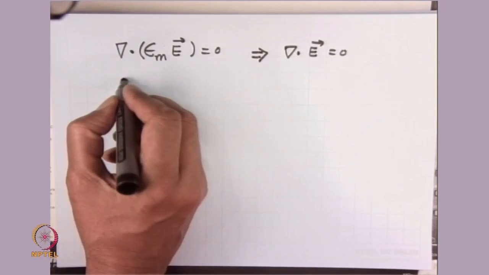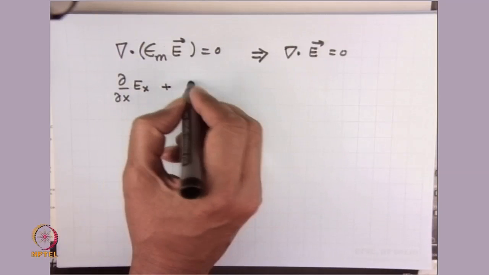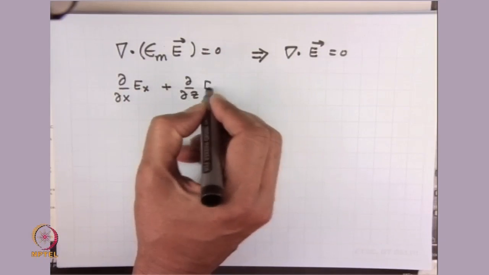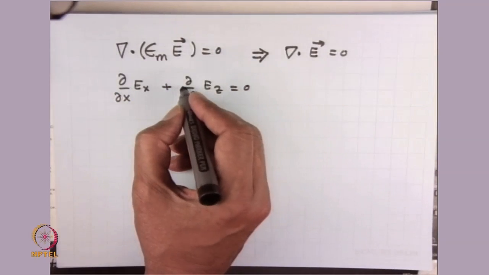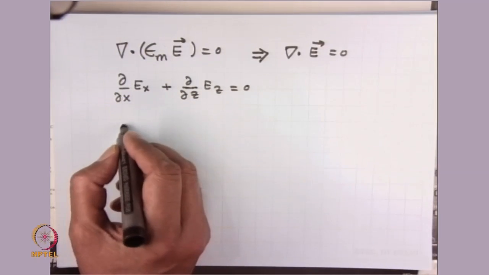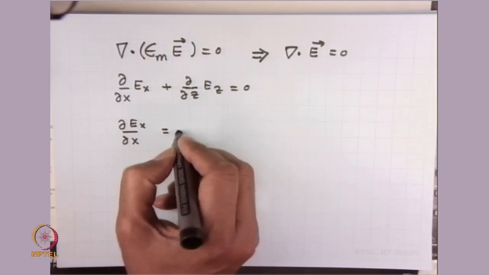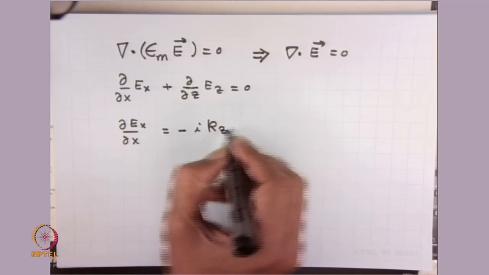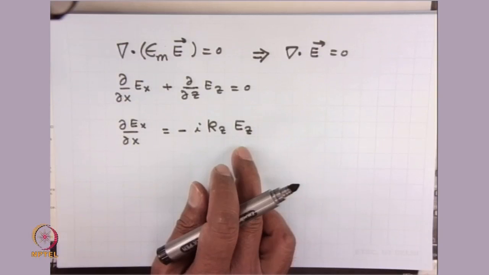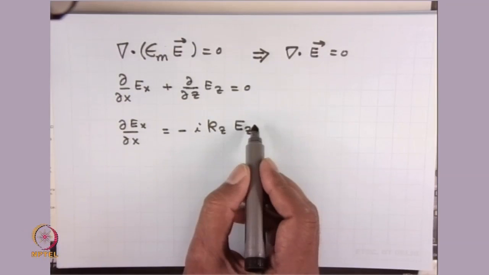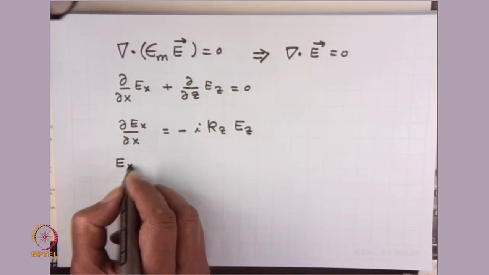This equation implies ∂/∂x of Ex plus ∂/∂z of Ez equal to 0. ∂/∂z I have already written as minus ikz. So, this tells you that ∂Ex upon ∂x is equal to minus ikz Ez. One can integrate this equation, and because the x dependence is exponential, this gives you straight away Ex is equal to,